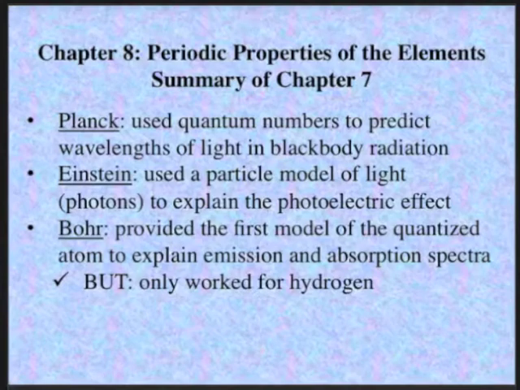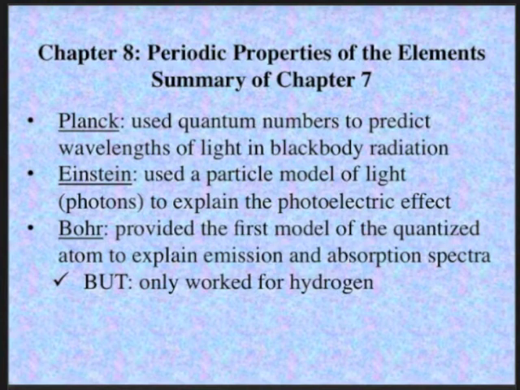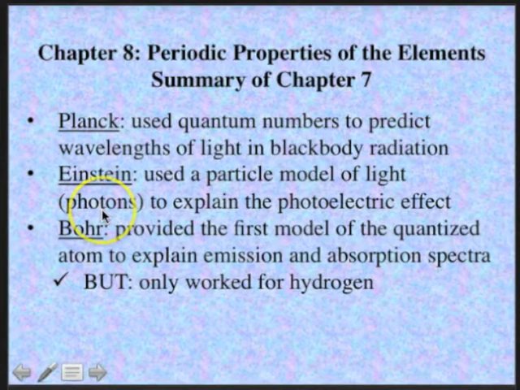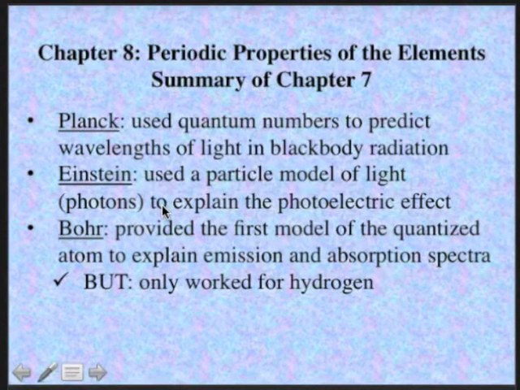Okay, we're going to talk about Chapter 8, Periodic Properties of Elements, and we're going to begin by summarizing Chapter 7. We saw how Planck used quantum numbers to predict wavelengths of light and blackbody radiation. We saw how Einstein used a particle model of light, later called photons, to explain the photoelectric effect. And Bohr provided the first model of the quantized atom to explain emission and absorption spectra for hydrogen, but it